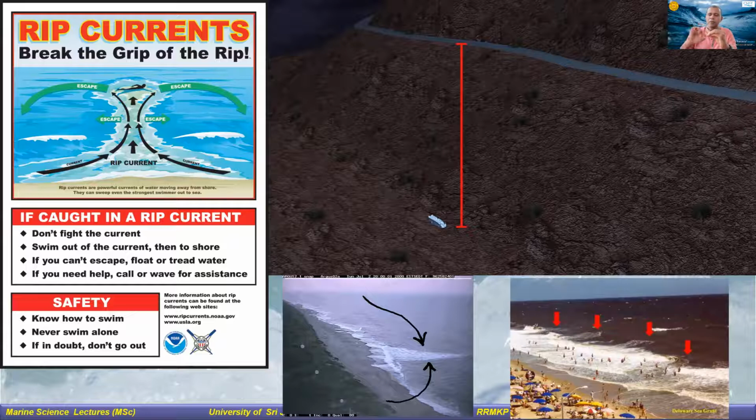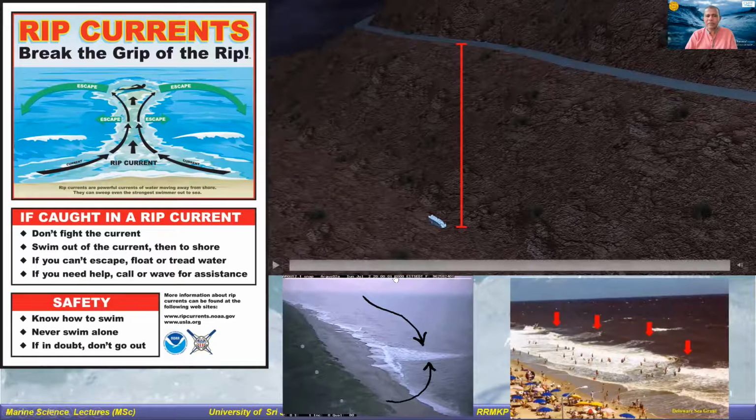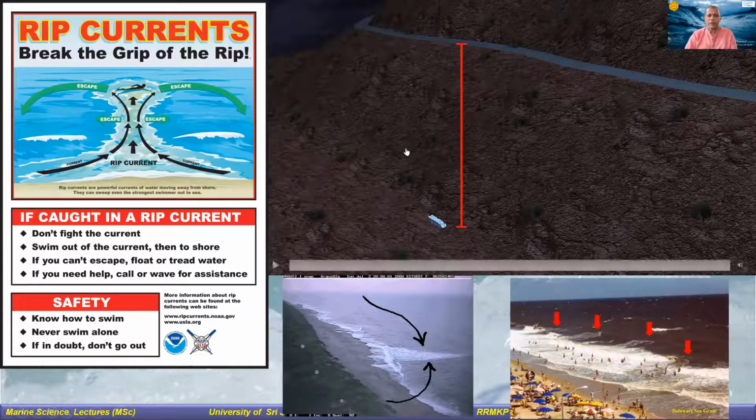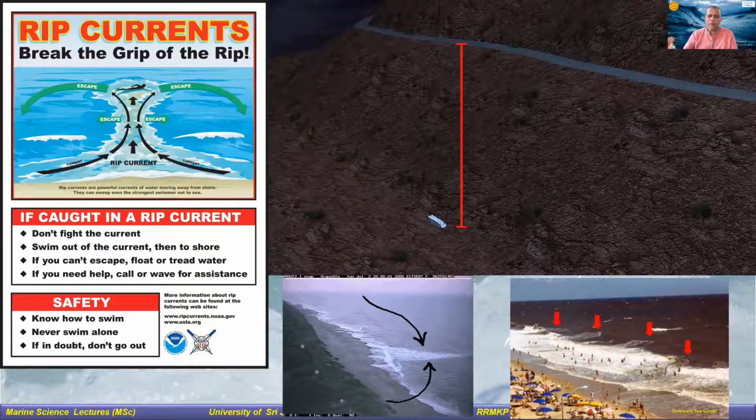You see that because there is a channel, that water movement will be at a very high speed, right? So it will flow back at extremely high speed, which even an expert swimmer won't be able to swim against, because it's extremely powerful. It will drag you in a few seconds into the deep ocean, a few meters, sometimes a few hundred meters, right? So there is no way that you can swim against this current, because it is going to be extremely powerful,